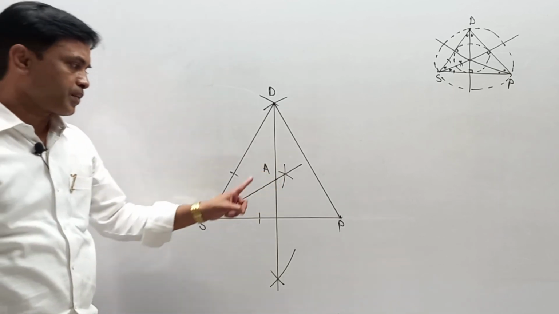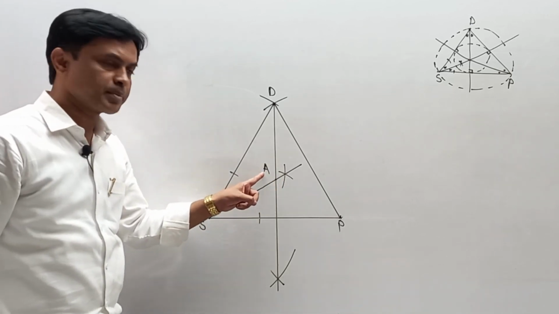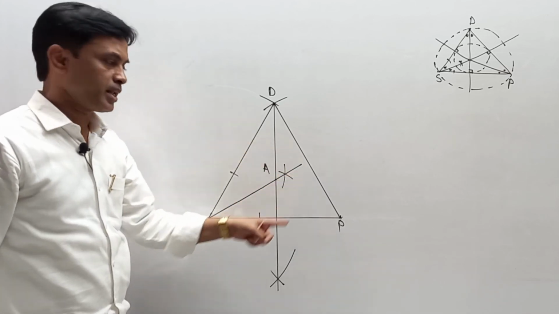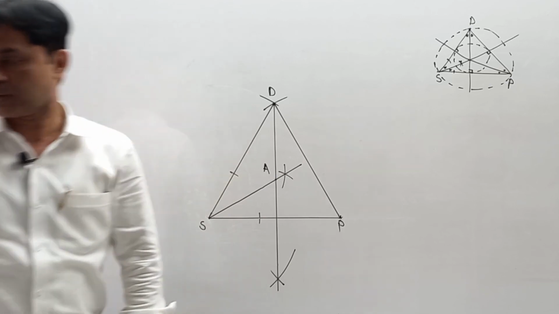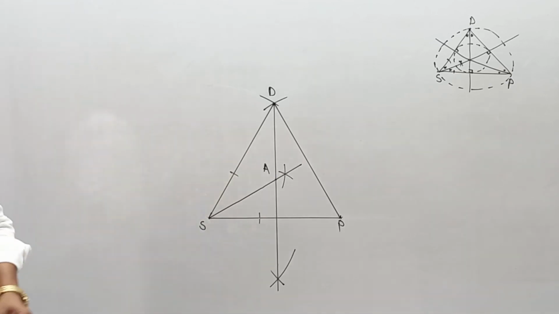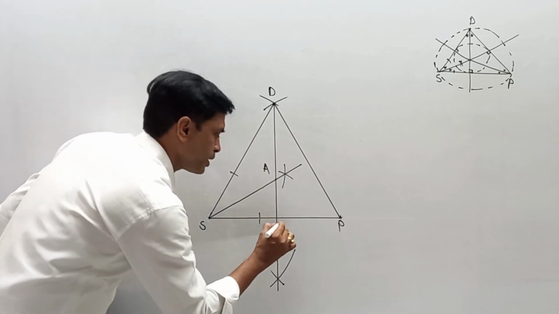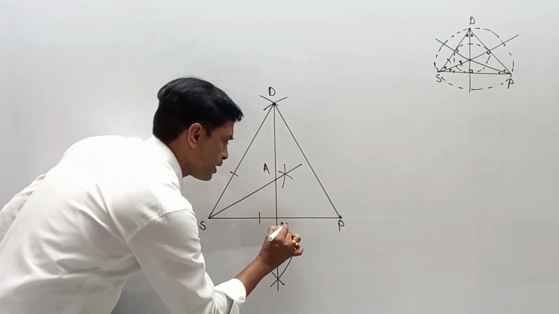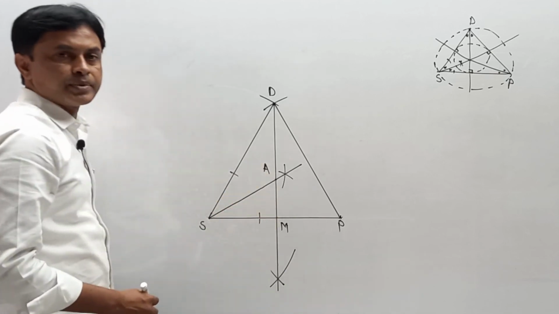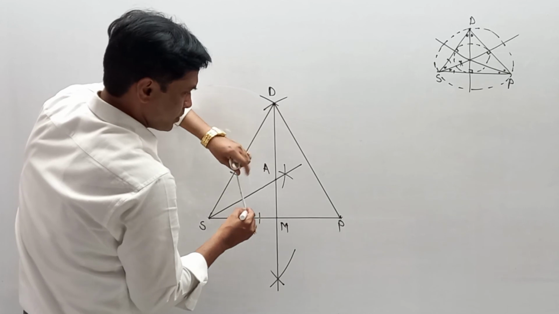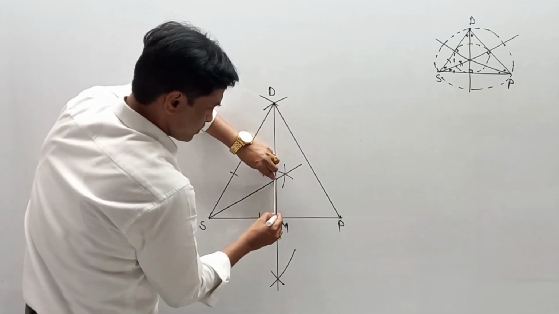Now this A you can also indicate by O, because this is nothing but the center of the circle where we can draw the incircle as well as the circumcircle. Now how to draw the incircle and circumcircle? First, for the incircle, from A to this point. Now I am going to call this point M. Means A to M is the radius of the circle, and I am going to draw one circle over here which acts as the incircle.